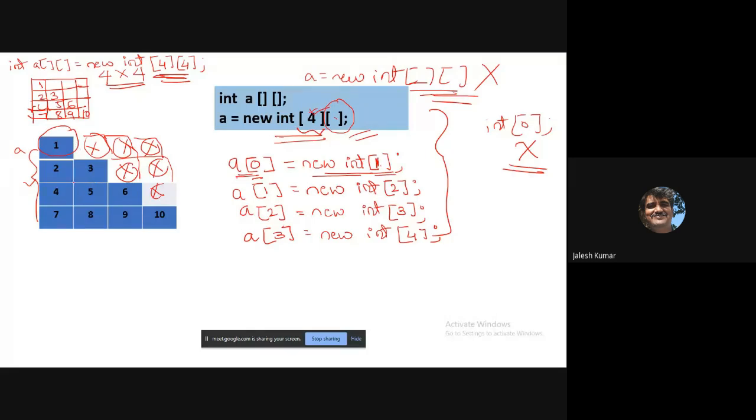Then for the first index you are allocating two, that's why it is two. And at a of 2, you are assigning three cells. And like that, a of 3 you are assigning four cells. See, this is how you are allocating the value.